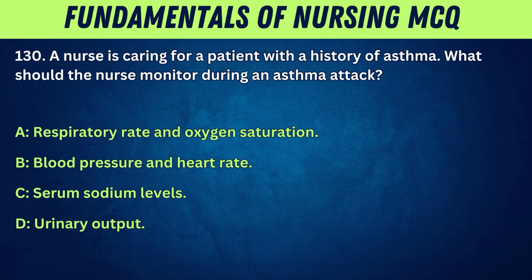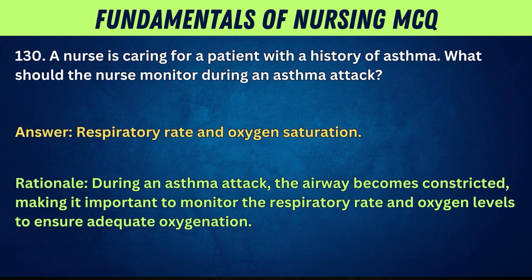reactions. 130. A nurse is caring for a patient with a history of asthma. What should the nurse monitor during an asthma attack? A. Respiratory rate and oxygen saturation. B. Blood pressure and heart rate. C. Serum sodium levels. D. Urinary output. Answer: Respiratory rate and oxygen saturation. Rationale: During an asthma attack, the airway becomes constricted, making it important to monitor the respiratory rate and oxygen levels